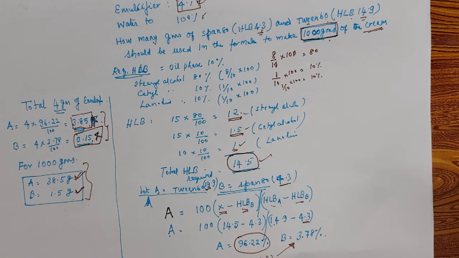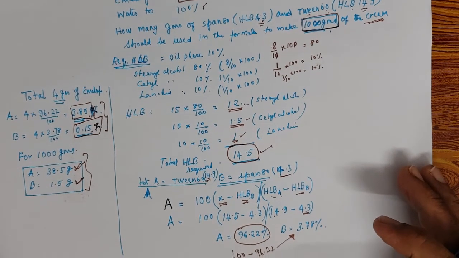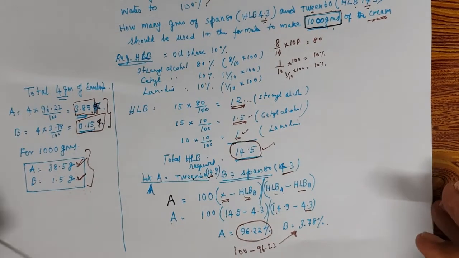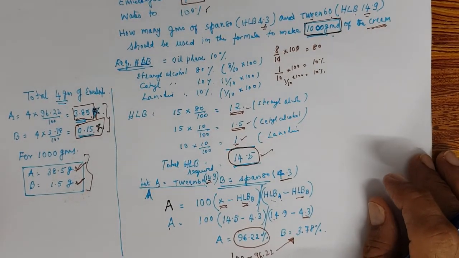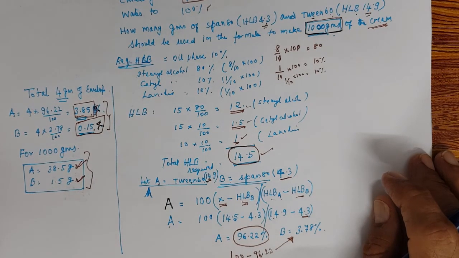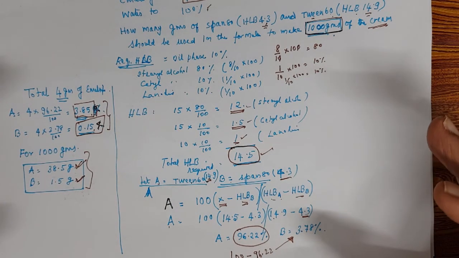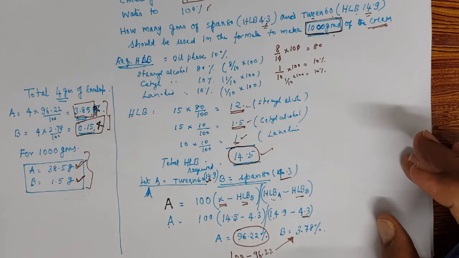Then there might be tweaking required or might not be required, but with this calculation and getting the right emulsifier proportions, you can get a good emulsion. That is the HLB and how it can be applied. Thank you for listening. I think it's very simple. When you understand the concepts, it's very simple. Go through it. If you have any doubt, ask me. This is a very simple concept.